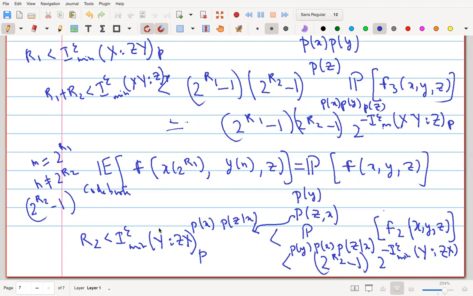We have got the rate regions, and you put in those log 1 by epsilon terms and all that. So the three contributions to type 2 error will all be less than epsilon each. So the overall type 2 error maybe is less than 3 epsilon, and then type 1 error is less than 3 epsilon. So everything put together some 6 epsilon error. You can change those constants. So ignoring that log 1 by epsilon thing, we have got our achievable inner bound.